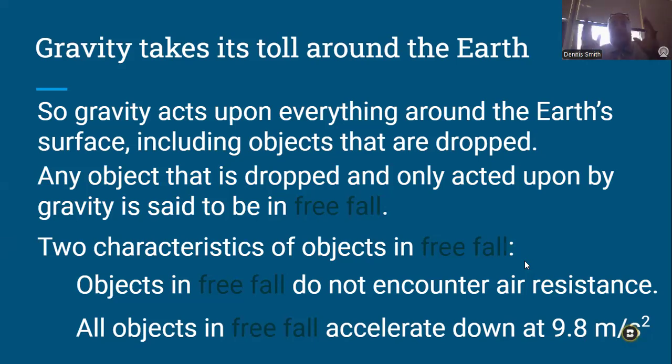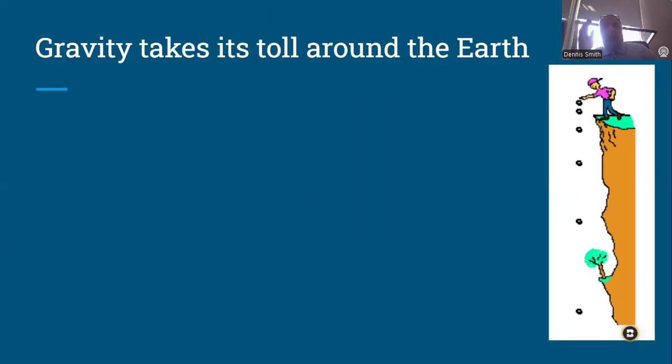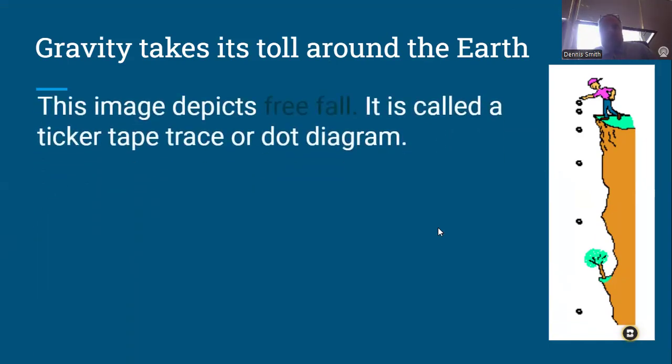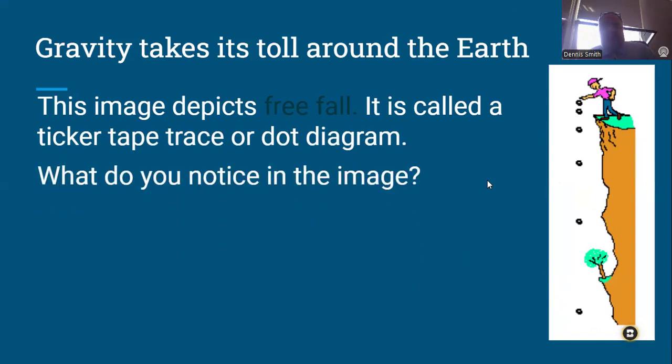Okay, so that's gravity. Gravity takes its toll around the Earth. Looking at this ticker tape, this image depicts free fall. It's called a ticker tape trace or a dot diagram. You can see the guy at the top of the cliff has the ball in his hand and he drops it. Okay, so what you notice in this chart is that the balls are close together at the beginning,